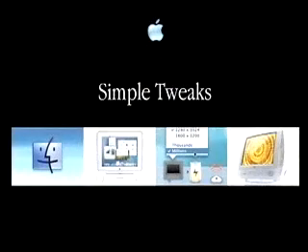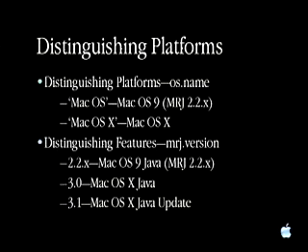The simple tweaks that we can make to applications that will make them harmonize much better with Mac OS X. The first thing that you'll need to be aware of is how to distinguish between platforms, and how to distinguish between specific features and versions on a platform. And the most common way, and the way that we recommend for distinguishing between the platforms, is using the os.name